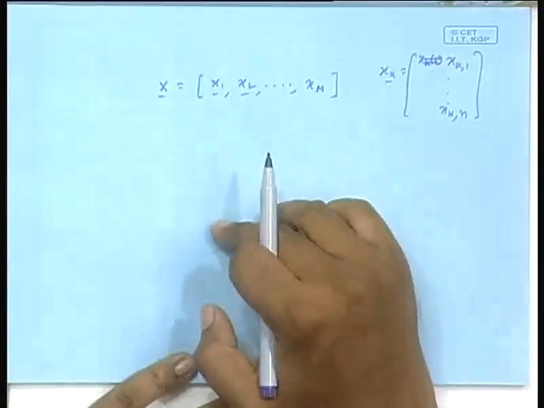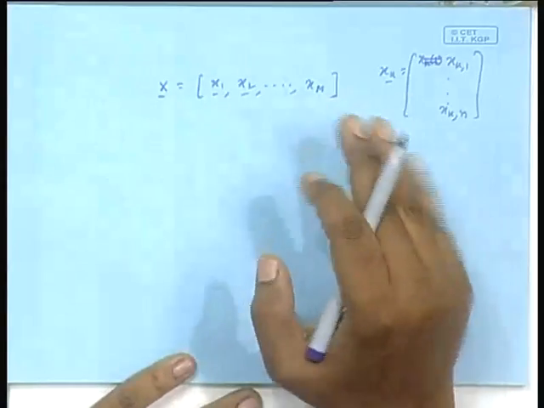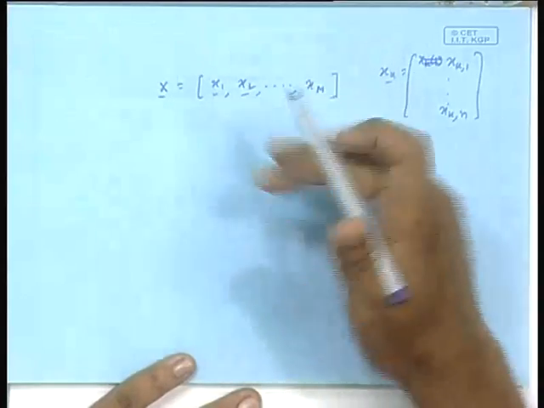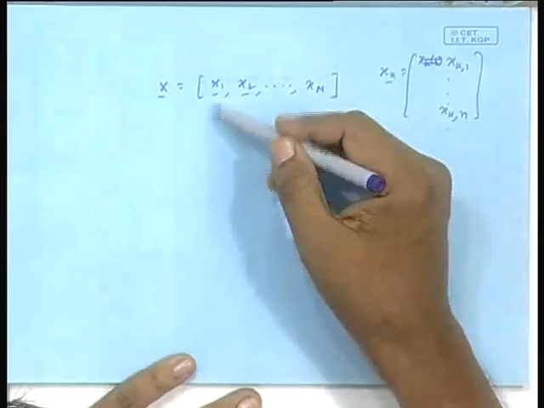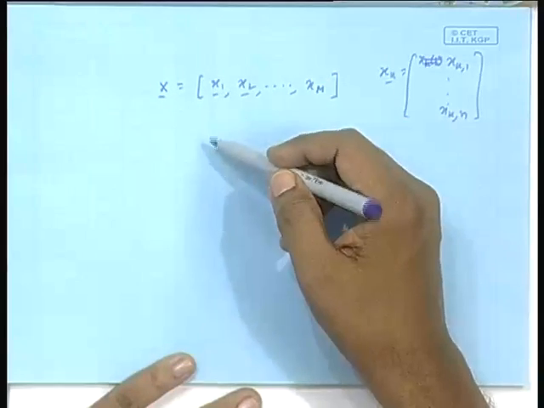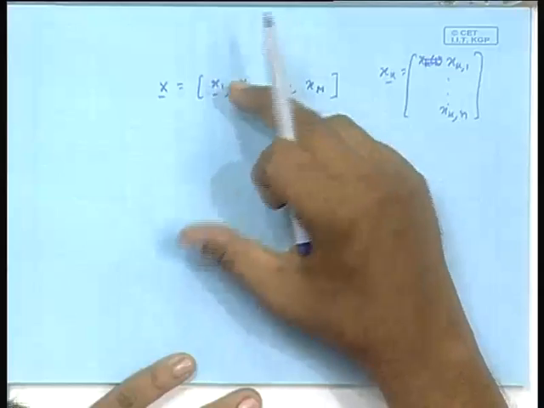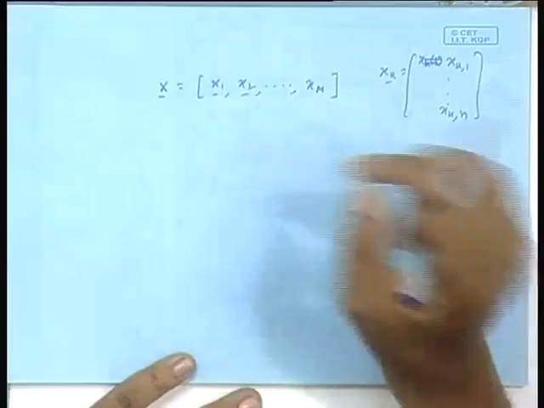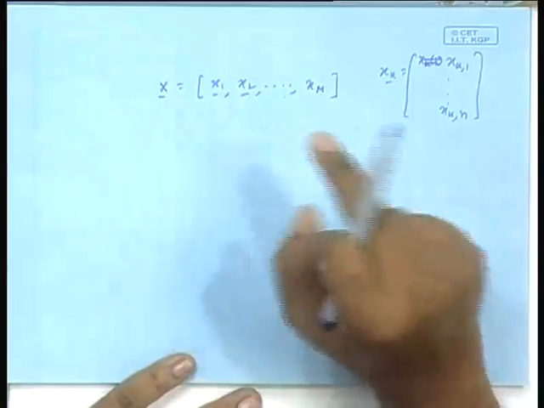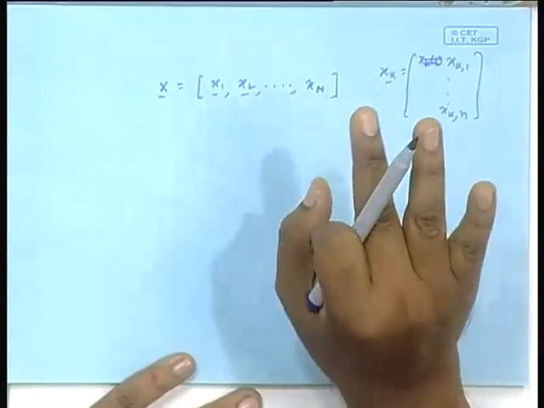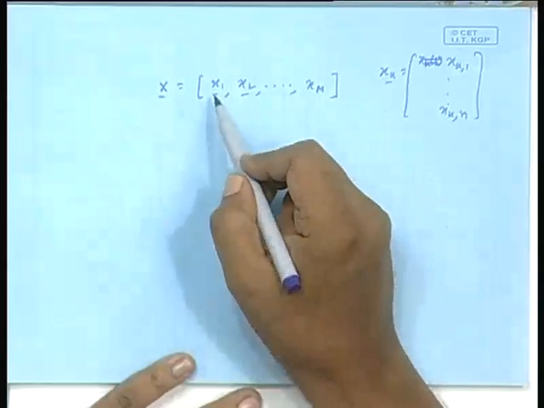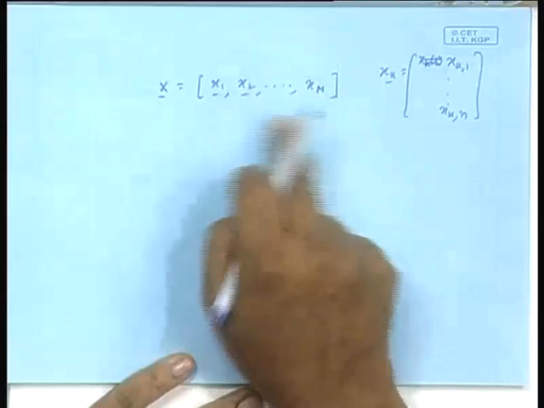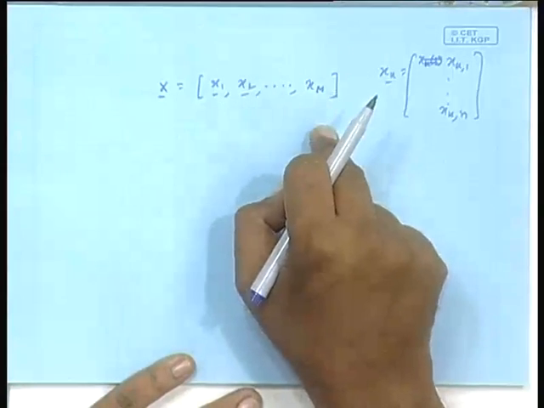Consider small n, the number of rows, to be higher than capital M, and that will always happen, because these will be data vectors, and the data has time index n, which is always increasing. So, naturally after some time, you will definitely have situations where the length of this vector will remain higher than m, because as time moves the length will grow. So, for the time being take small n to be greater than m, that will ensure that linear independence is not violated, because the moment you take the number of rows less than the number of columns, the vectors do not form a linearly independent set, there is some redundancy.